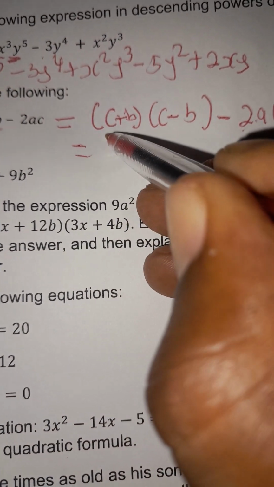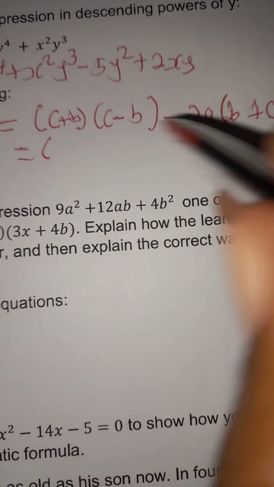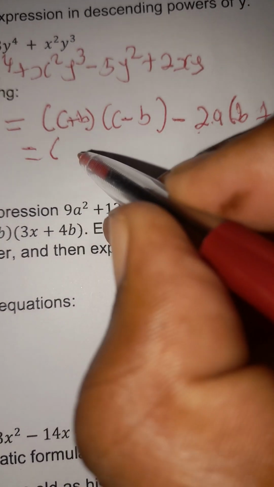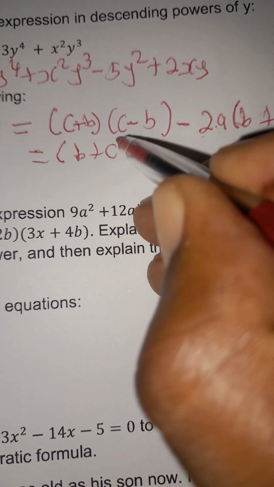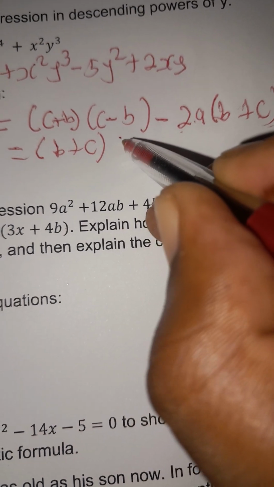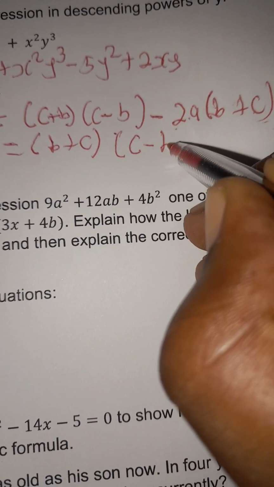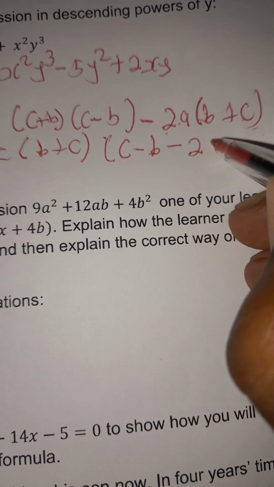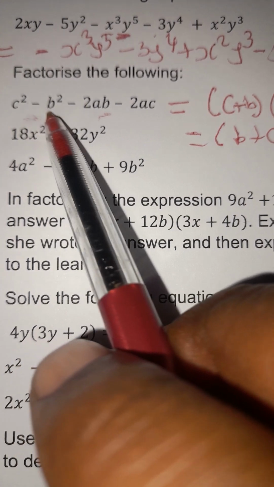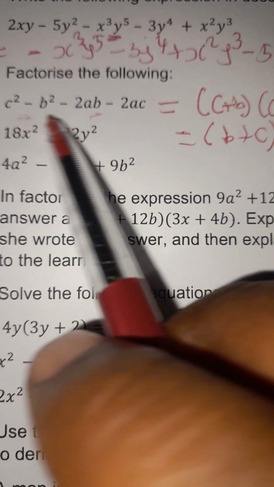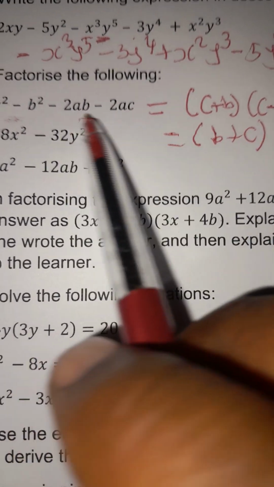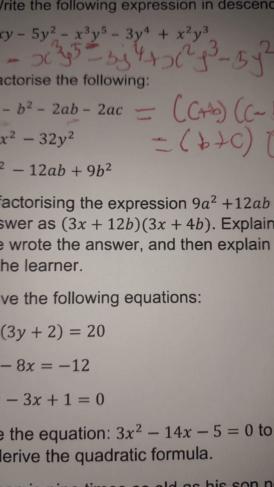You can continue further from here. We have common brackets, which is c plus b and b plus c. It's the same thing. So we will take one bracket out. We'll be left with c minus b minus 2a. So we shall place this as c minus b minus 2a. So that's how you can factorize such a thing. First thing, check what type of factorization is here. We can see that it's a difference of two squares. This one is factorizing by finding a highest common factor. The highest common factor is 2a. So that's how you can work with